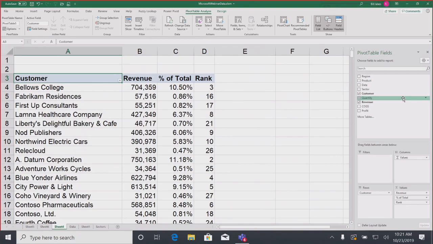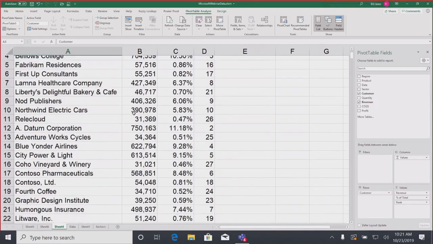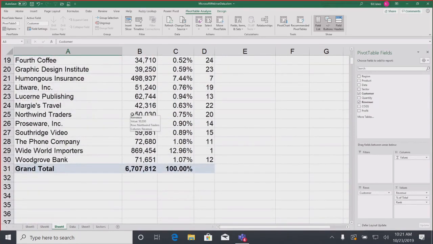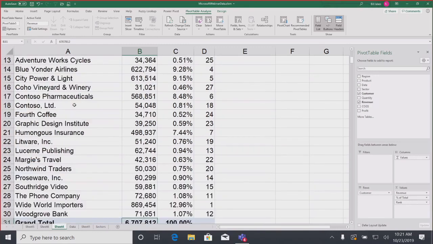And you can't give that to your vice president of sales. His eyes are just going to glaze over. All right. So we said, all right, what we want to do is show a report of just the top 10, just enough for half a page of data. But I want to call attention here to two numbers: $6.7 million, and our largest customer is 12.96%. Those numbers are going to come into play here when I use this next feature in